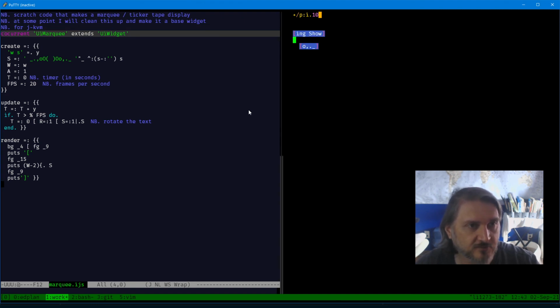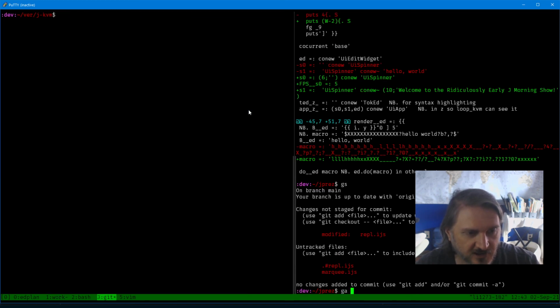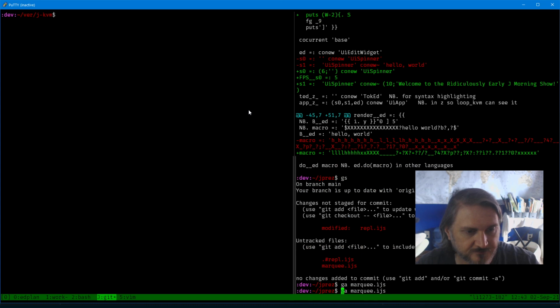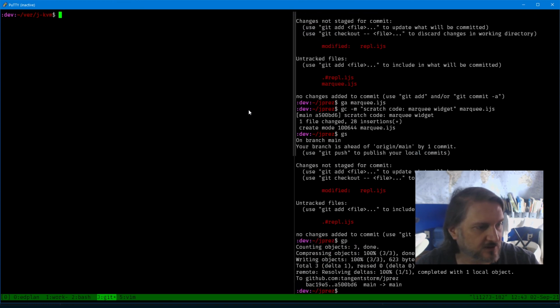Okay, so I don't have to go to the Git tab to do this, but I'm going to git add marquee, marquee widget, Scratch code marquee widget. Push that away, and then